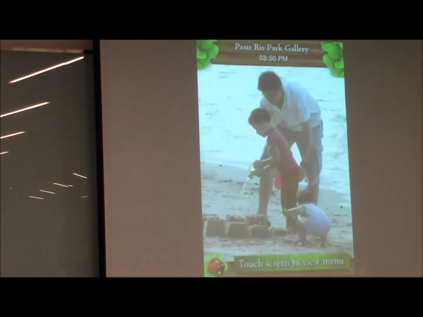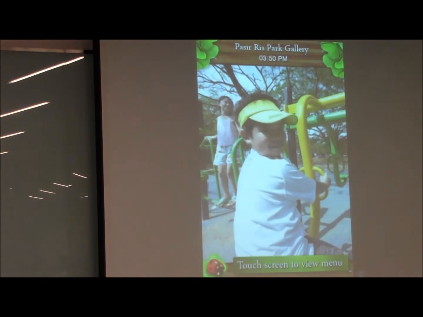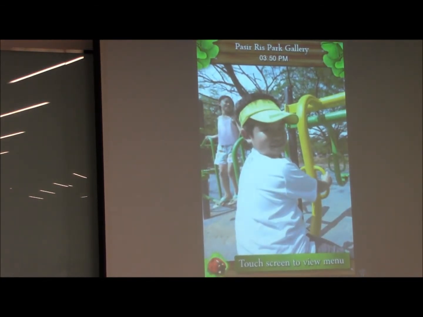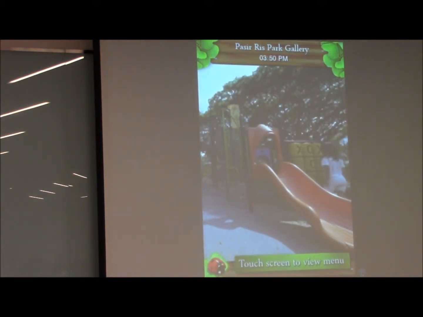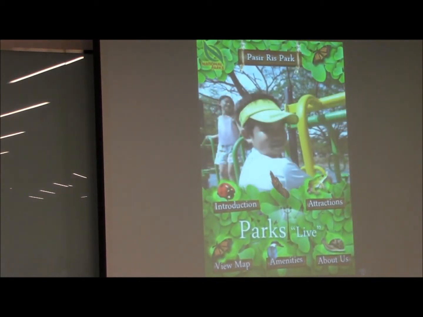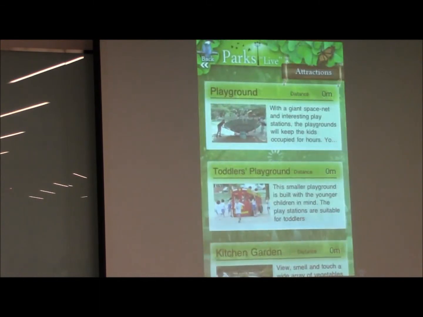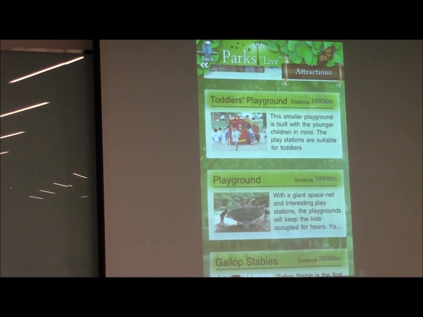So this is the app that we built, called PlugFest. Essentially, it's a virtual tour guide application for Pasir Ris Park. It was piloted for Pasir Ris Park at that point in time. When they launched the app, these are some photos contributed by MParks. They wanted to show some nice photos about the park. When you tap on it, this is what the app provides you. It gives you attractions. From where we are standing now, these are the points of interest, and it's sorted according to distance.